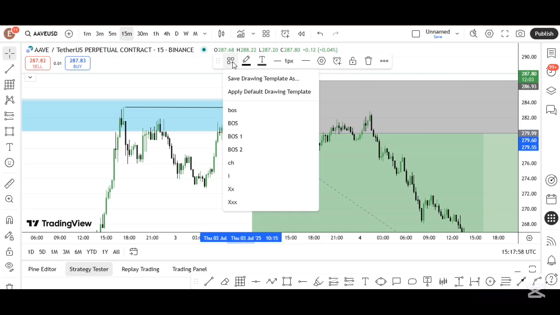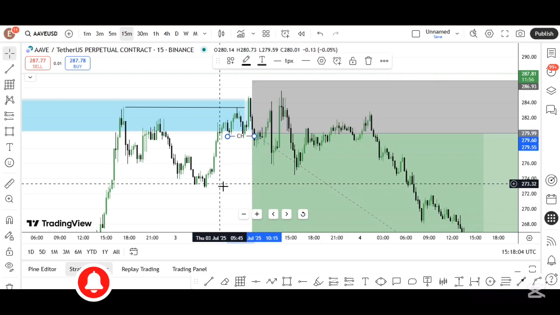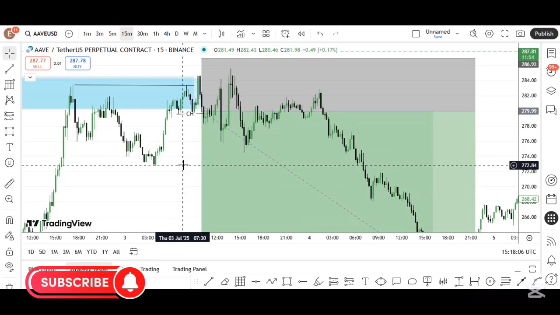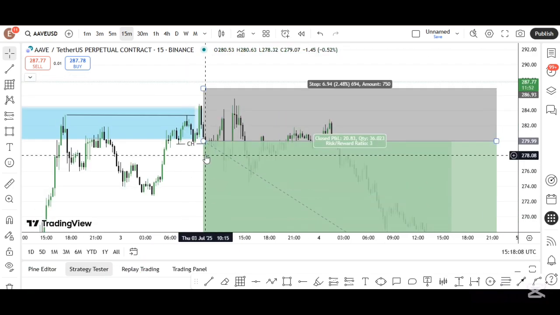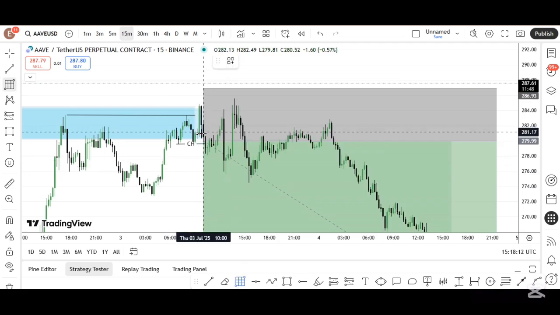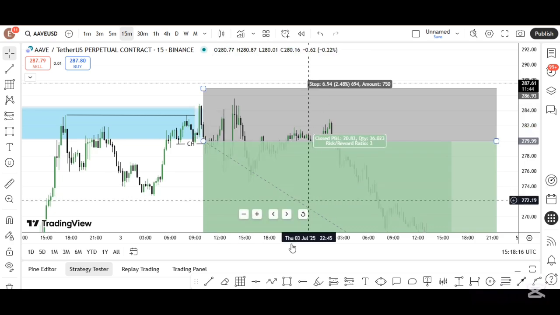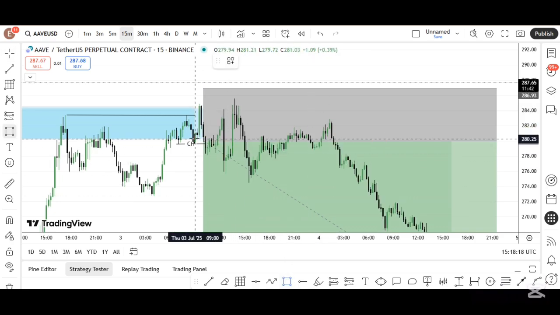Now since we've gotten this change of character, it's not enough for us to buy or sell this particular token, right? We also needed an extra confirmation, and this was it. So we entered right at this point right here, this order block that caused this zone, that caused this change of character right here,